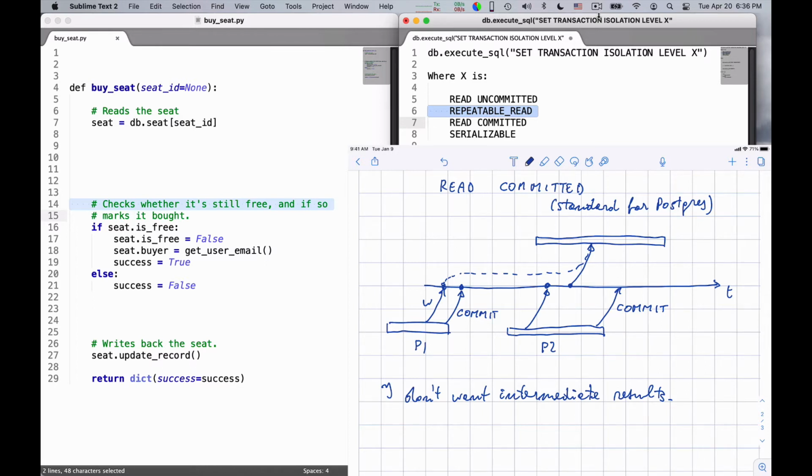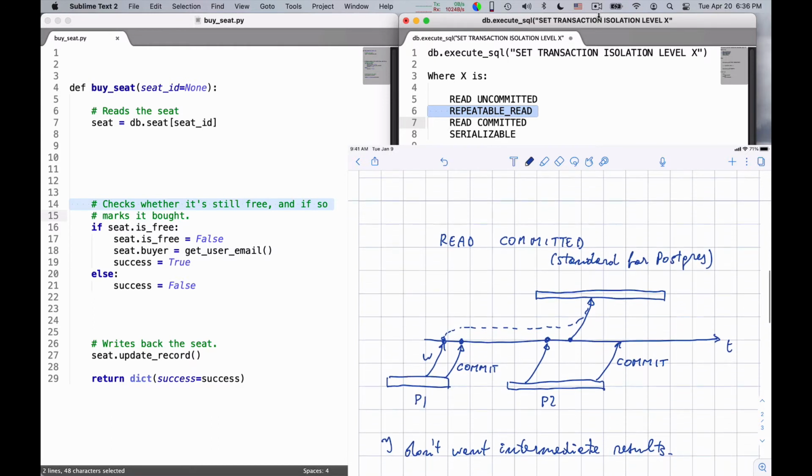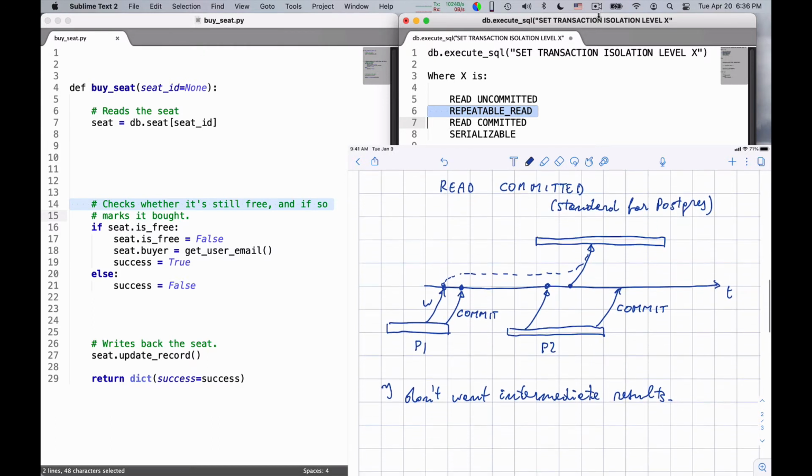So this is a different thing from the previous one, of course. Repeatable read is things do not change under your feet, but you may be reading things that have been written in haste, provided you always read the same thing whenever you access a piece of data, provided the value does not change between two reads.